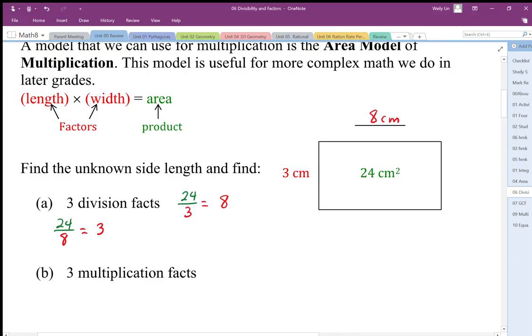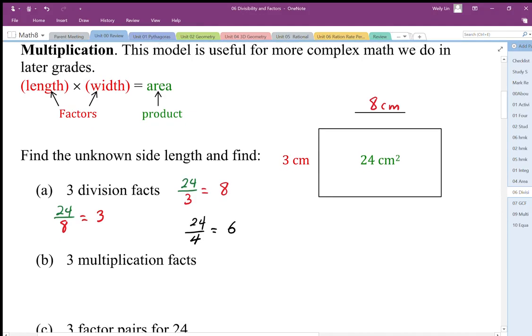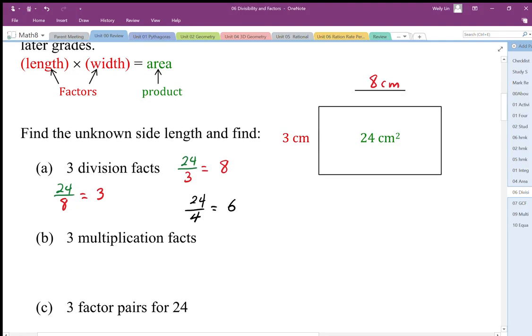To come up with a third division fact, we'd have to use different factors. So we have to think of other numbers that multiply to 24. So we can come up with a third one by saying 24 divided by a side length of 4 would give us the other side length as 6. So again, based on this picture, we can express